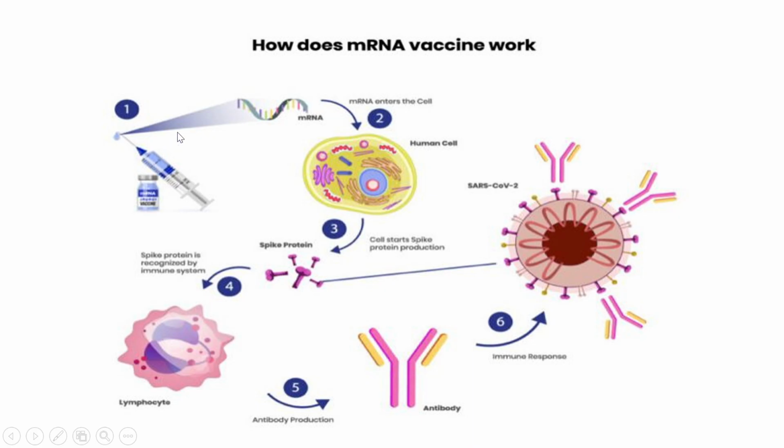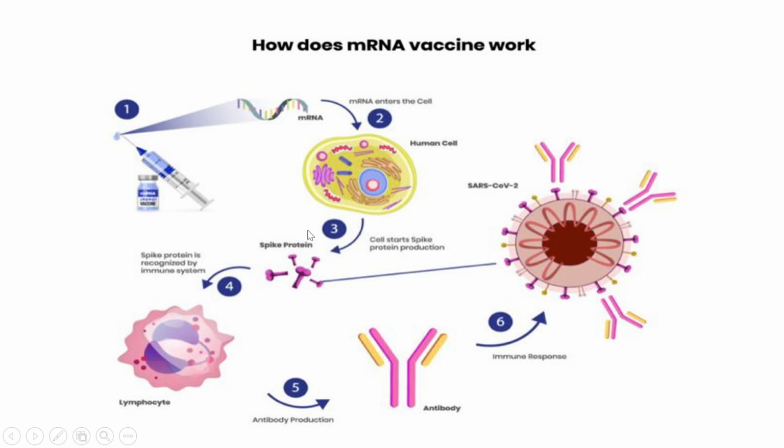So the first step is this vaccine which contains messenger RNA is injected into the body. Once the messenger RNA enters the cell, it is delivered to the cytoplasm of the human cell, such as the muscle cell near the site of injection. After that, it goes to the step of protein production. Inside the cytoplasm, the ribosome reads the messenger RNA instructions and uses cell machinery to synthesize the protein, for example,